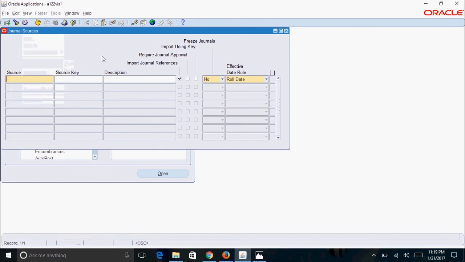But instead of doing so many different things, you can just use a shortcut of F12. Here you can see: query will retrieve 109 records. That means there are totally 109 journal sources available in the system.